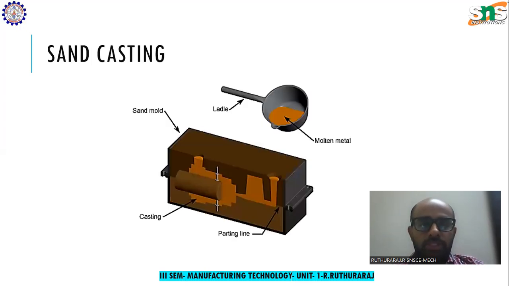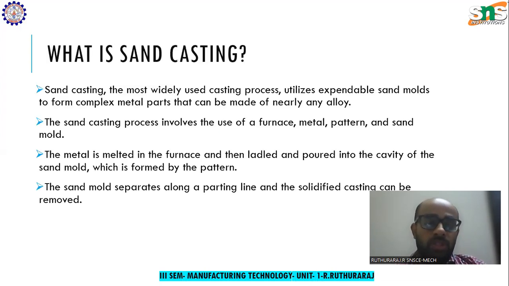As you can see in this image, this is a cut section view of the sand casting process. Here, the molten metal will be poured inside a cavity. We'll discuss each part, the step-by-step process of sand casting, in the subsequent slides. First, what you have to understand is what the sand casting process is. It is the process of melting the metal in a furnace and then pouring it into a cavity. The cavity is the place where molten metal will be poured, and it will be in the shape of